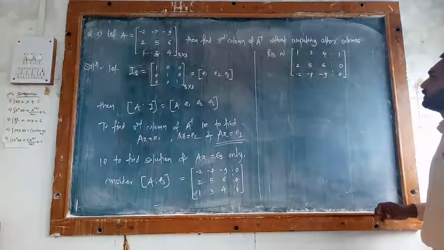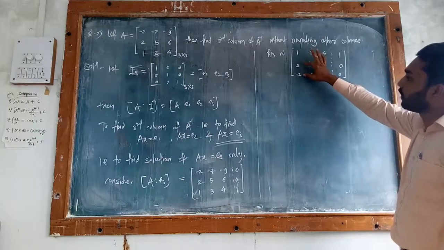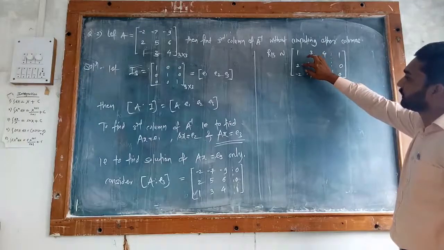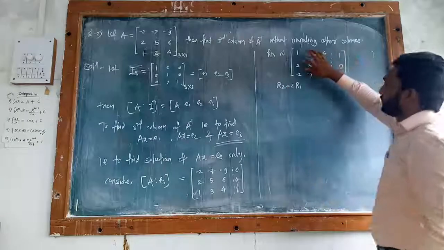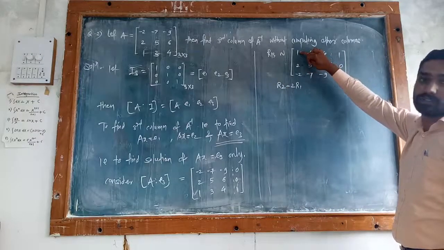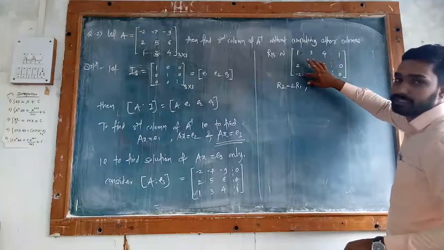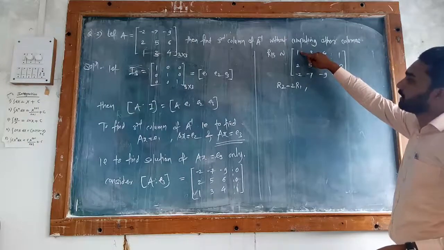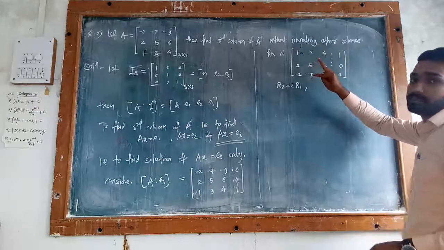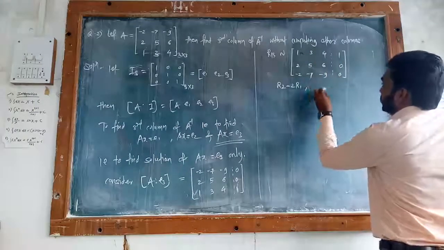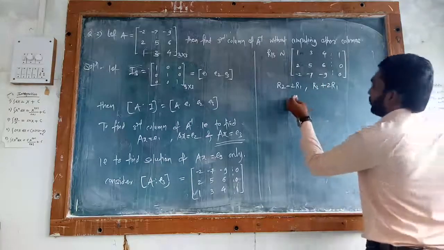Okay. Now the next procedure: we have to make the two entries below that one equal to 0. Now how to make these two entries 0? For this the row operation is R2 minus 2 times R1. This entry is already 2, so we multiply by 2 and subtract, and 2 minus 2 becomes 0. Similarly, how to make this element 0? This is minus 2. If we multiply the first row by plus 2, then minus 2 and plus 2 are added, and after addition it becomes 0. What is the row operation? R3 plus 2 times R1. So it becomes